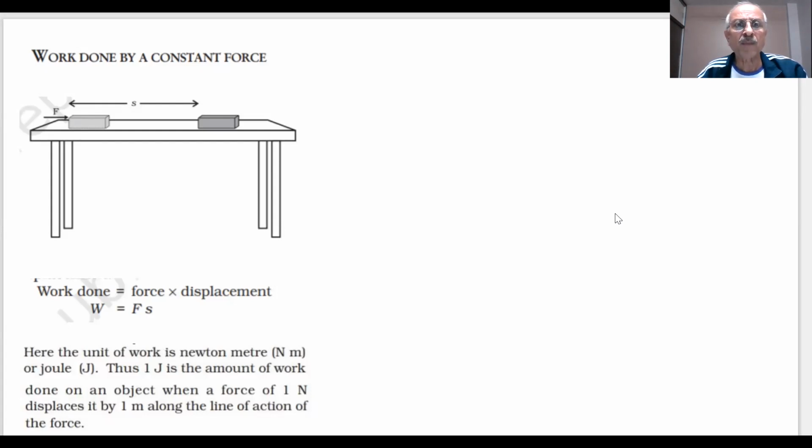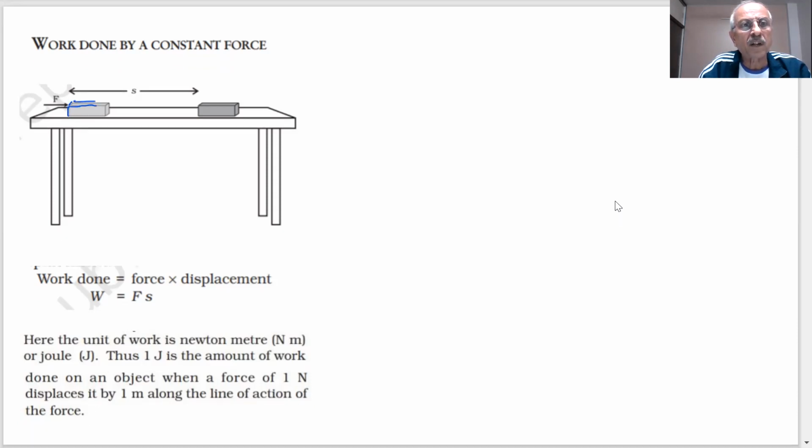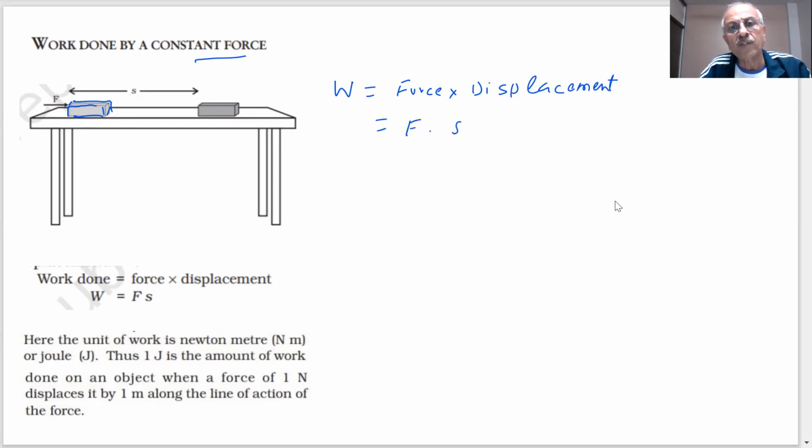So we have given you work done by a constant force last time. Just a revision and a recap. Work done by a constant force. If this is the object, as you can see, students, you are applying a force and it has moved through a displacement S. Then what is the work done? In this case, work done by a constant force. What will be the work done by a constant force, students? What is the formula? Force into displacement. Force into displacement. So Fs.